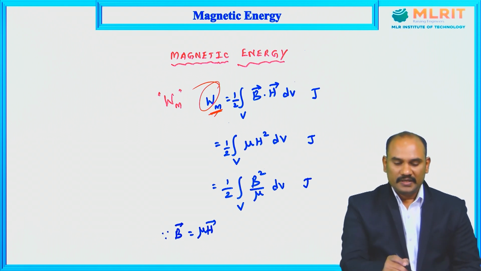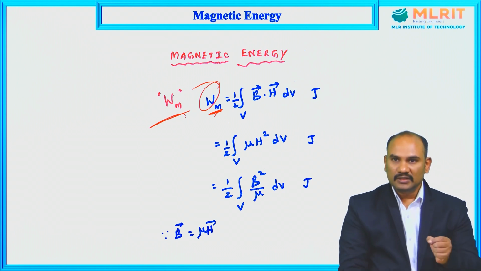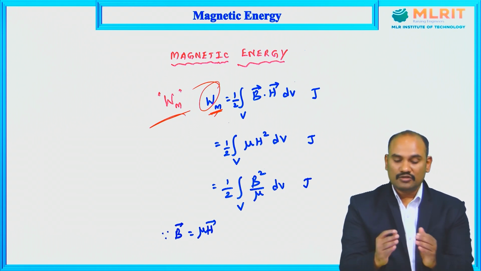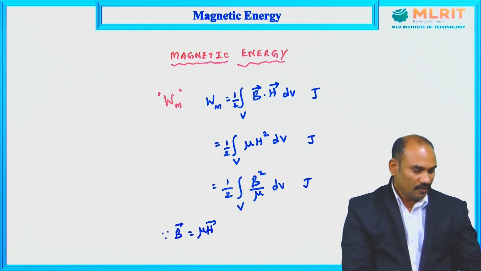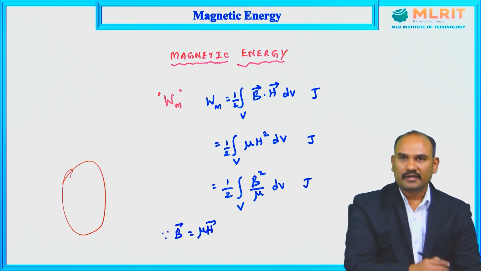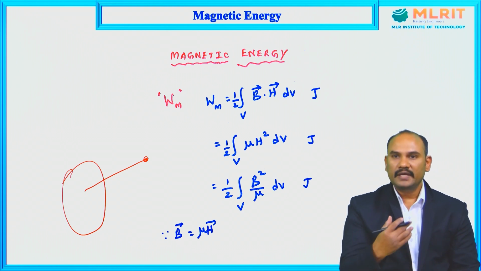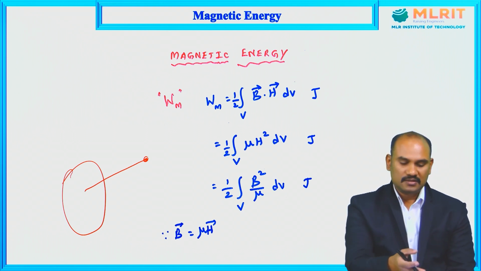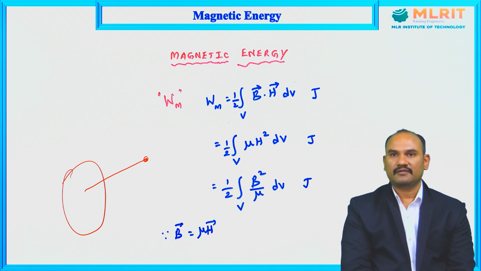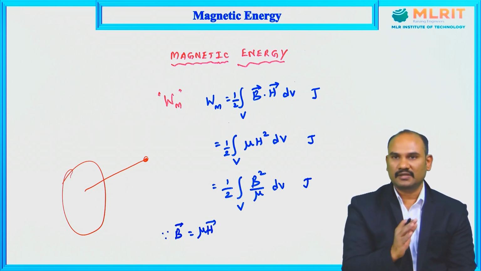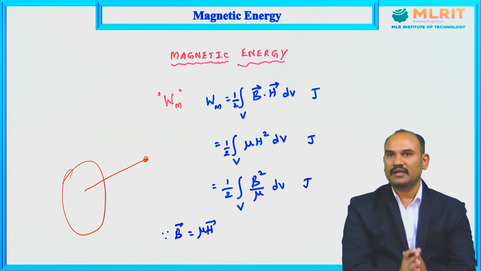So here Wm stands for the work done in the presence of magnetic field. So these two are associated quantities. Suppose you have an electric field due to an electric charge. If I want to move another charge in the presence of electric field, then you have to make some expenditure of the electric energy. Same thing in the case of magnetic field. If you want to move a magnetic charge in the presence of magnetic field, then you have to make some expenditure of energy. Of course, either along the direction or opposite direction, that's a different thing. That depends on the polarity, but work has to be done.